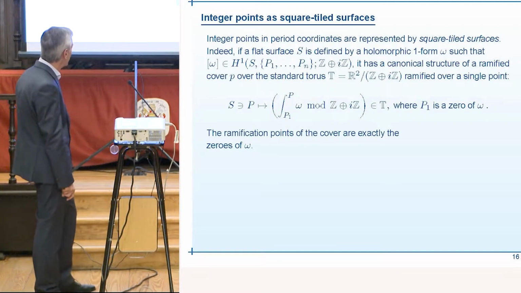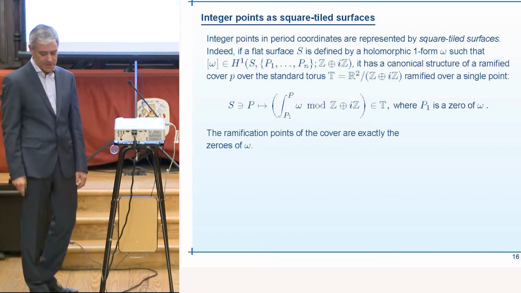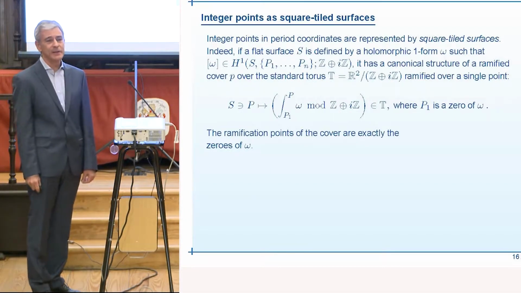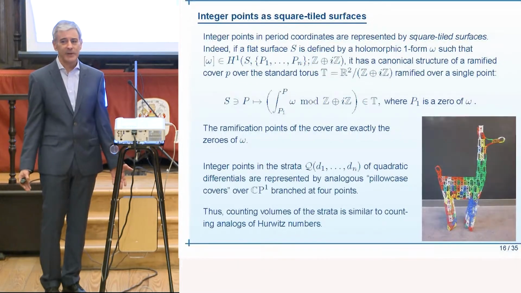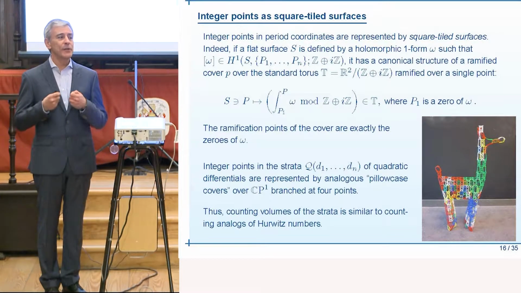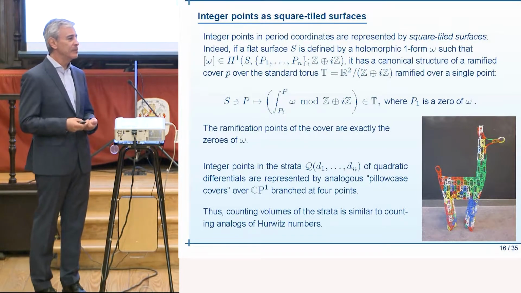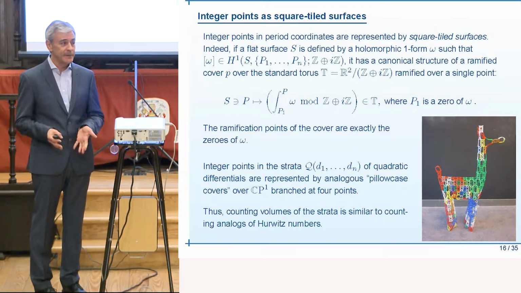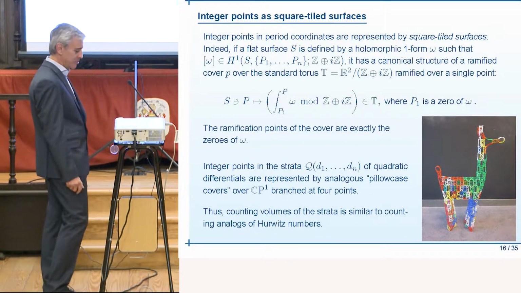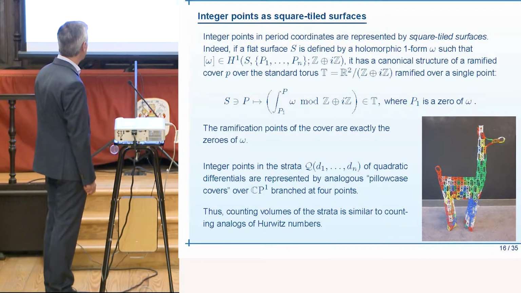And now let me come back to the naive language. You are given a game like this, you are given 1 million pieces like this, and you are asked how many animals of this kind you can construct from at most this number of pieces, when there is an additional restriction on the number and types of conical singularities. So this is the counting problem, and actually it is a particular case of counting Hurwitz numbers. We're counting torus covers, or in this case, pillowcase covers. So it's really a version of